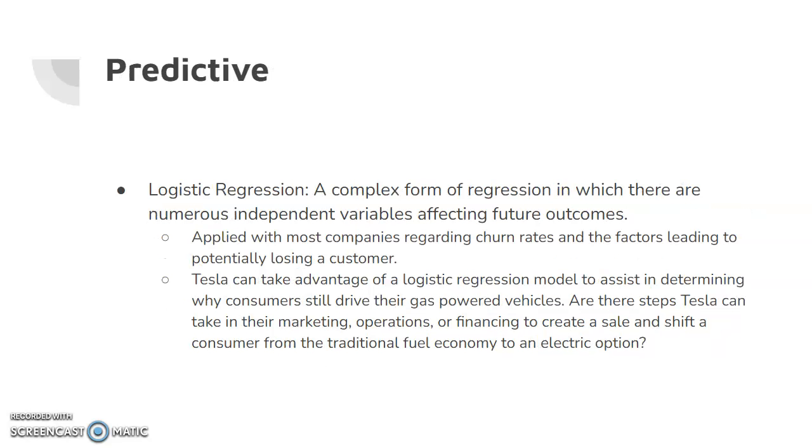So for predictive, we selected the logistic regression. This is a complex form of regression in which there are numerous independent variables affecting future outcomes. So this can be applied with most companies regarding their churn rates and the factors leading to potentially losing a customer. So Tesla could take advantage of a logistic regression model to assist in determining why consumers still drive their